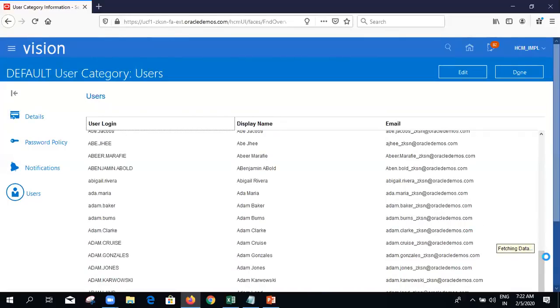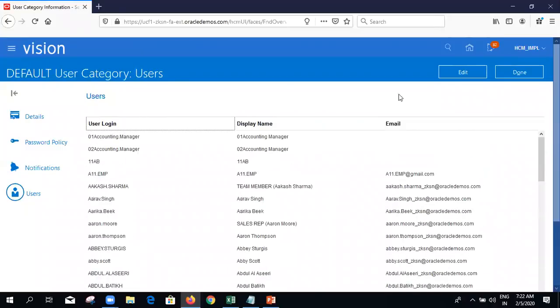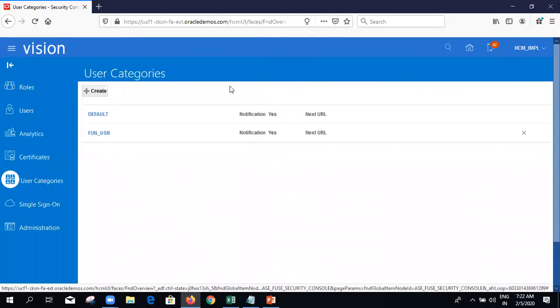Right? These are all the employees that are there in this particular application, you can see. So this is the user category. The Fun user is not given by Oracle; the default is predefined by Oracle. But see here, it is allowing me to delete. The cross symbol is there for this, whereas for default, it is not there, because this is created by someone like us, the custom group. So that's why when I'm trying to create the user account under user category, I'm seeing both these options.